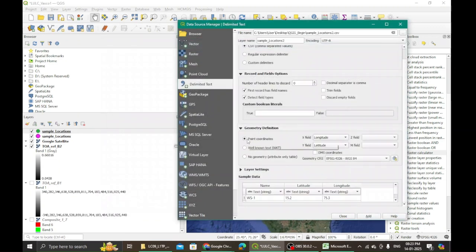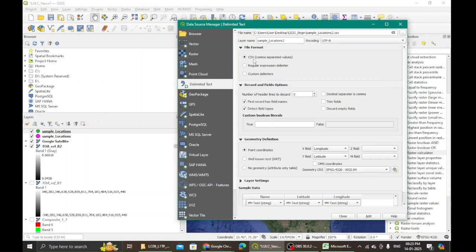After that, I check my point coordinates. Okay, this CSV file has to be selected because the file format needs to be told to the system that it is CSV file, comma separated values. Then point coordinates. X field, that X axis runs along the equator. That is how you remember it.